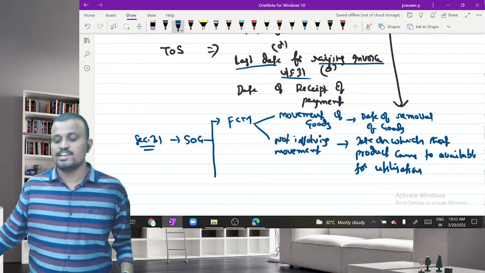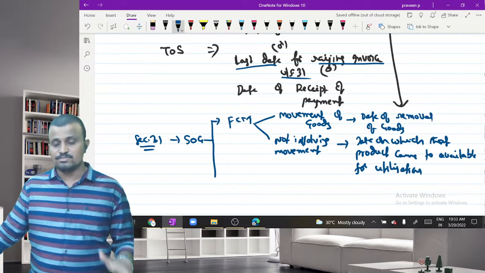Date on which the product came to be available for utilization is the last date for raising the